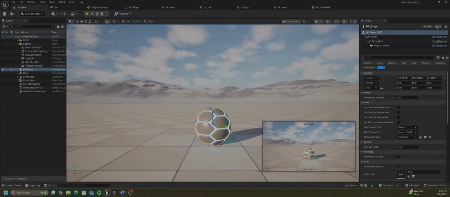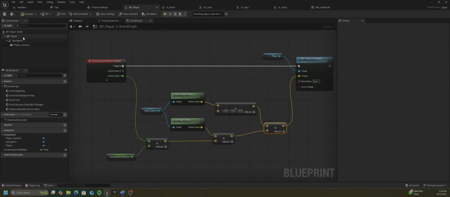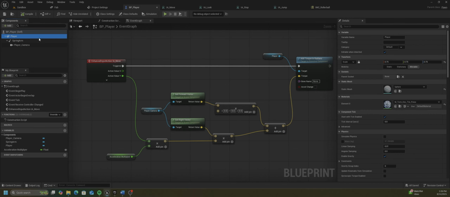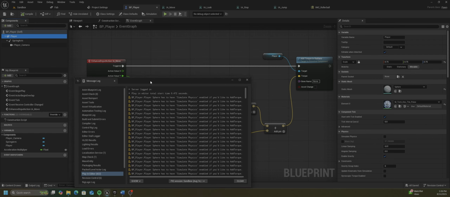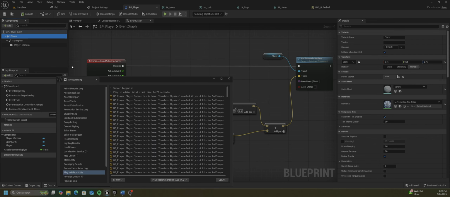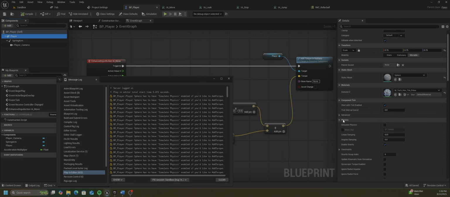All right, so let's move that out of the way for a second and go back in here. And let's take a look. So here's our player. We click on our player because it says, again, right here, player, sphere. So there's our player, there's the sphere. So we have to have this thing called simulate physics. Okay, so right down here under physics, we have simulate physics. If true, this body will use simulation. If false, it'll be fixed. So kinematic, it won't move. So I don't want to say it won't move, but typically with what we're trying to do, it won't. So we're going to go ahead and put a little checkbox there, and we're going to go ahead and compile